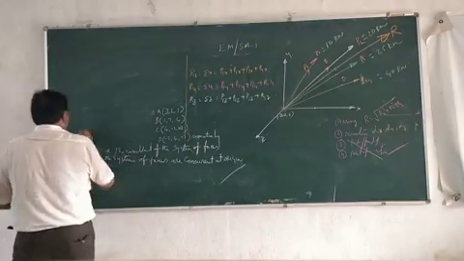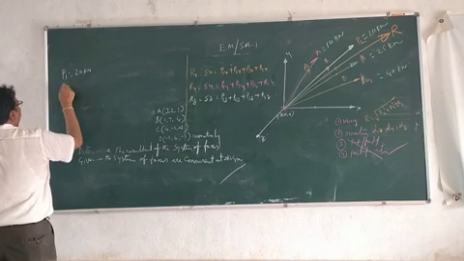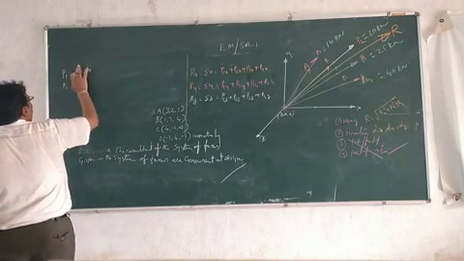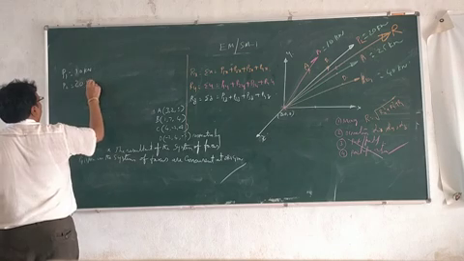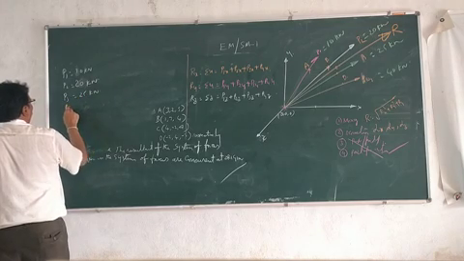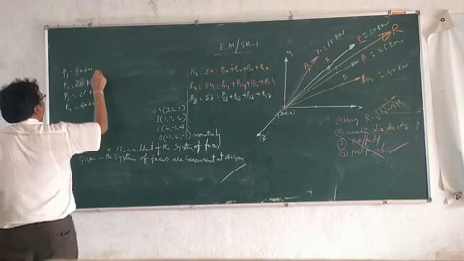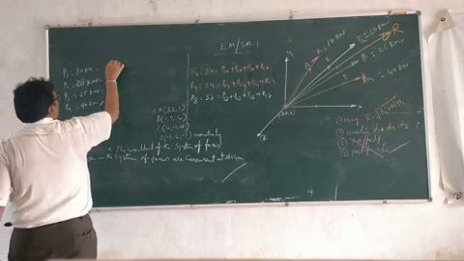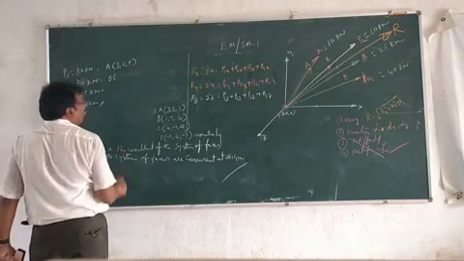That's why P1 is 10 kilonewton, P2 is 20 kilonewton, P3 is 25 kilonewton, P4 is 40. This force passes through point A, that is (3, 2, 5). This force passes through point B,